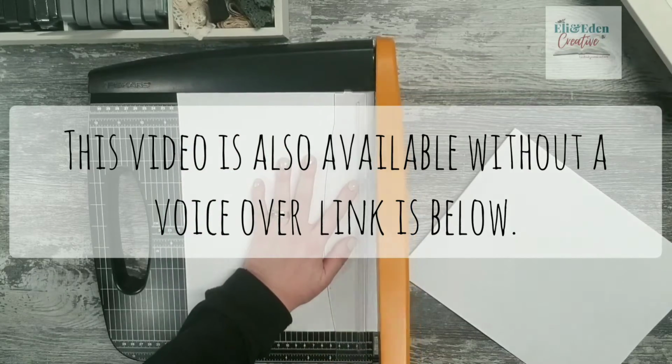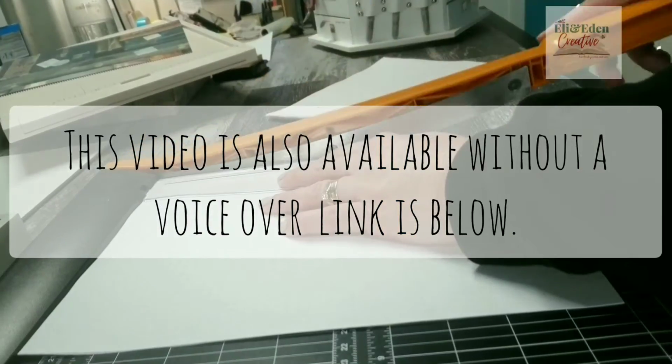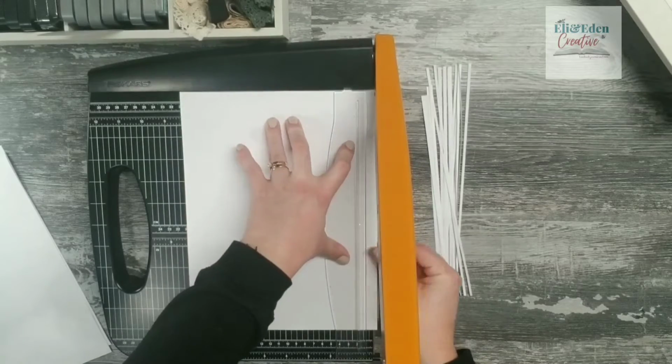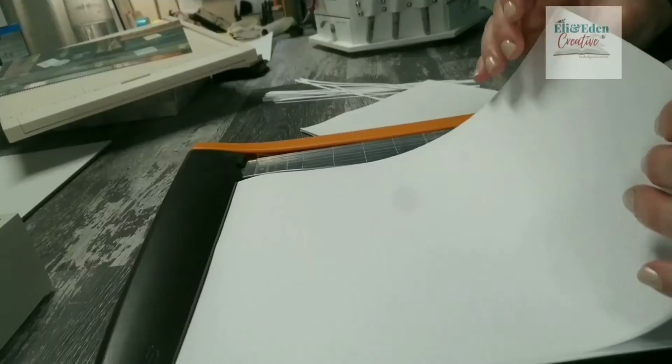Hi, this is Pam with Eli Eden Creative, and today I'm just working on building myself a traveler's notebook journal that's dot grid,